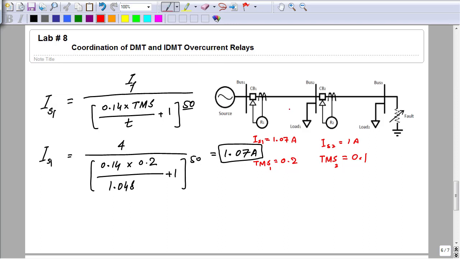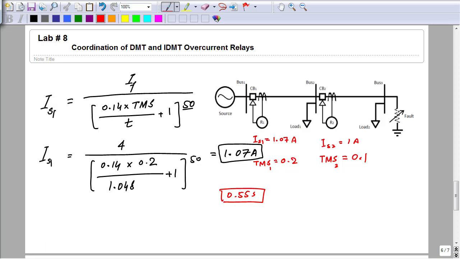And we will see that the operating time difference between these two relays would not be greater than 0.55 seconds. When I check the response of the coordination that you have done, I will verify this thing. These two relays' operating time difference should not be greater than 0.55 seconds if they are properly coordinating each other. That is the maximum time that should be between them. If the time is greater than this, that is not an acceptable coordination condition.